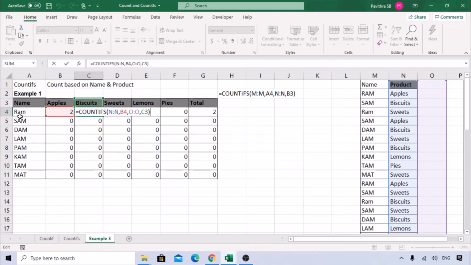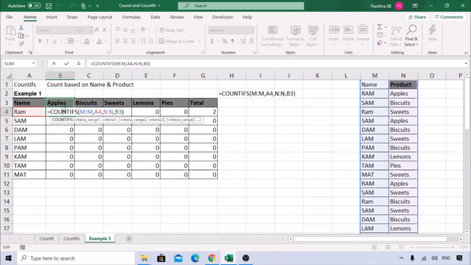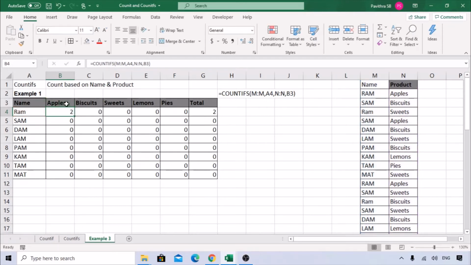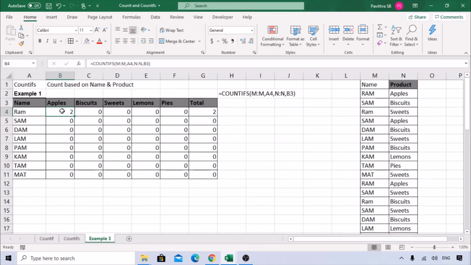Here you should have taken Ram, but it is going to the B column. Here it is correct, biscuits, whereas here you can see the range is also moving. So we need to freeze the cells so that the ranges are not moving. If I copy this formula, it should check for Sam, Dam and so on. And the header should also remain constant, because if you copy this down, you can see it is coming down. Actually it should be at Apple B3. That is also an issue.